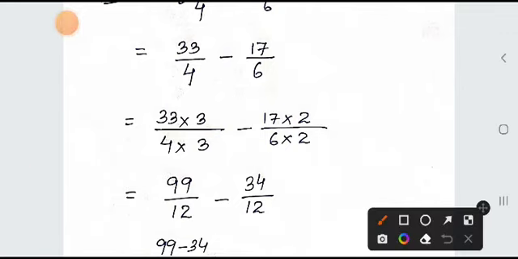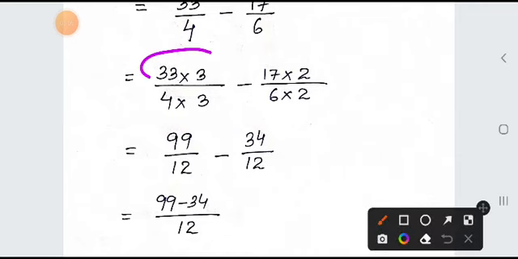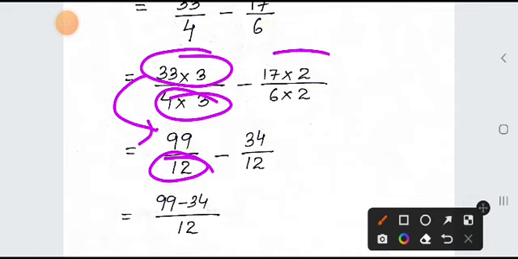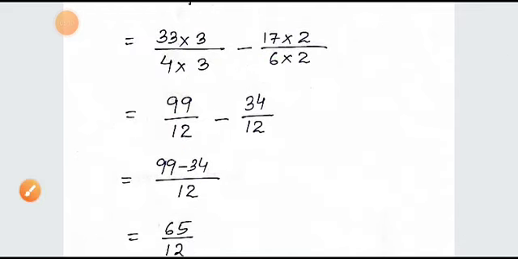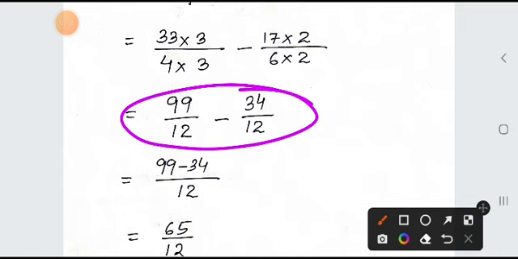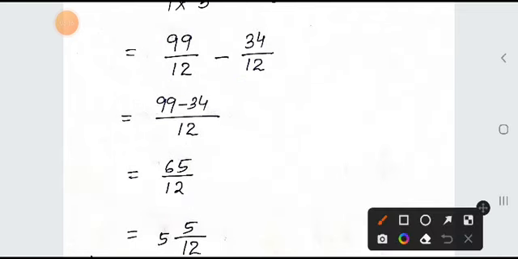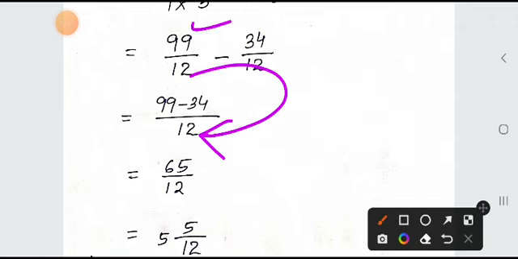So in the further calculations, 33 into 3 will be 99, and in the denominator we will get 12. 17 into 2 is 34, and in the denominator we will get 12. Now we have converted the fractions into like fractions. From this step, we will follow the process that we have learned. We just have to write the denominator as 12, and in the numerator 99 minus 34, that is 65, and